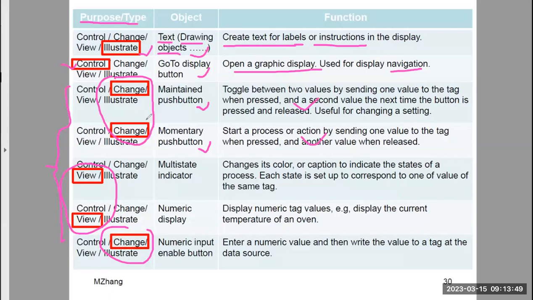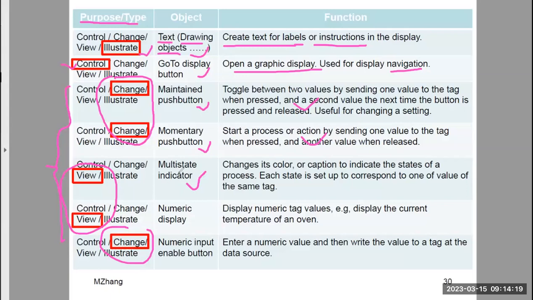Remember, HMI is meant to replace the traditional hardwired push button, right? So that is exactly the same thing as the hardwired button. When you press the button, normally open becomes closed, right? You will have the same effect with the HMI component, right? So the other thing with the